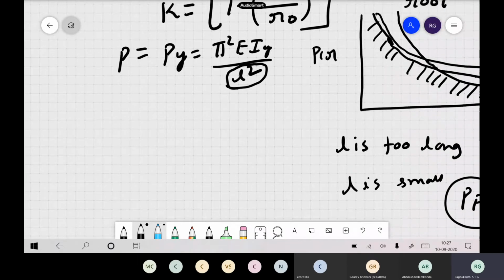Like in your IS steel tables, you remember, all the ISMC channel sections are given. Using these formulas, you can easily find out the buckling loads: how it is going to buckle, what should be your slenderness ratio, what should be the length of the column up to which flexure torsion governs. When the length of the column is so long, obviously it is going to buckle in flexure mode. So all these things you can calculate using this formula.